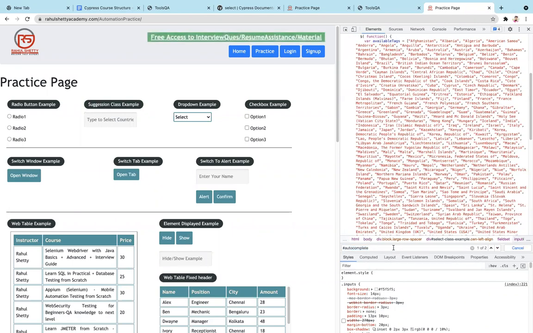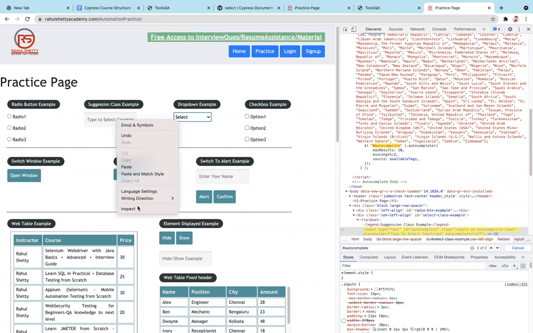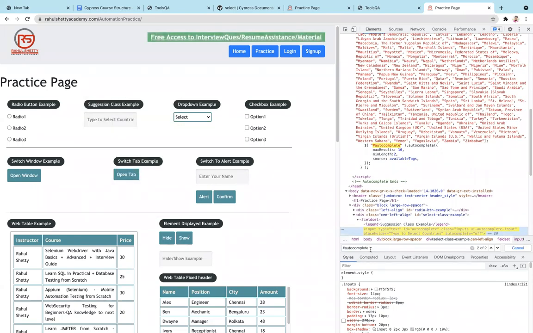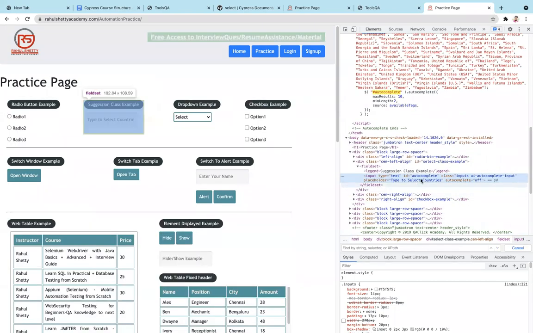So let's see, some issue. One second. Okay, so ID equal to autocomplete, class equal to this one.